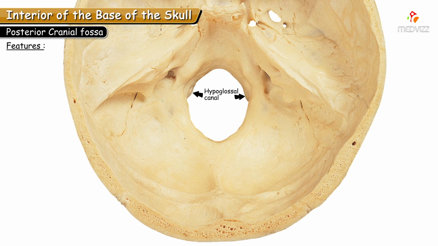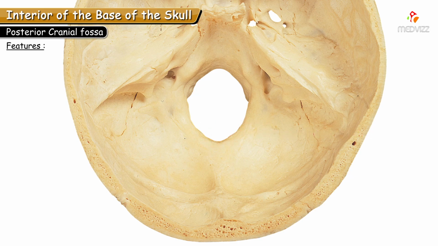And next important foramen is the hypoglossal canal. So we shall talk about hypoglossal. Hypoglossal is the nerve, that is the 12th cranial nerve. So hypoglossal canal, it is named because it transmits 12th cranial nerve. So we will identify where is this foramen. It is located in the posterior cranial fossa along the margins of foramen magnum. So if you see along the margins of foramen magnum, which opens anteriorly, is hypoglossal canal, and it transmits, we all know, hypoglossal nerve and also meningeal branch of ascending pharyngeal artery and an emissary vein.